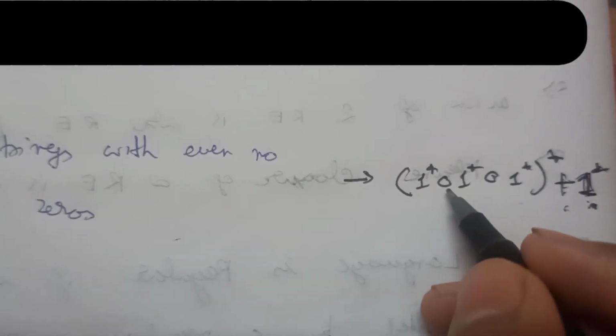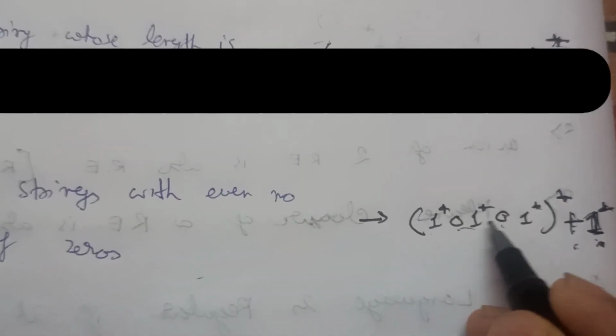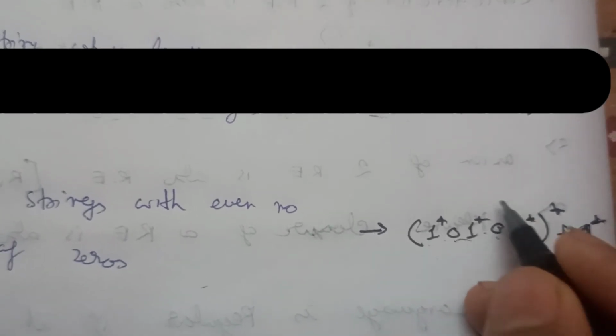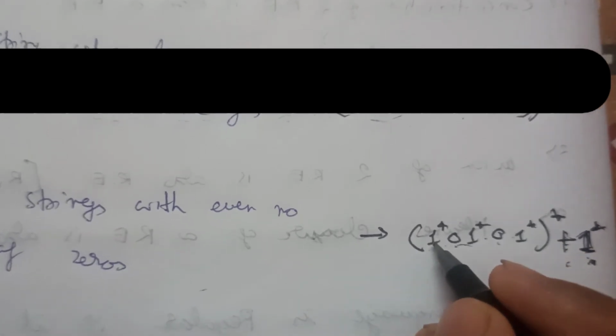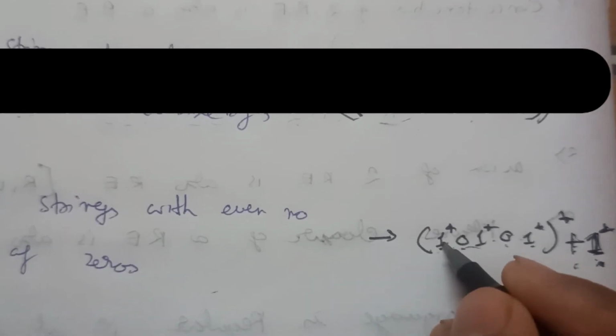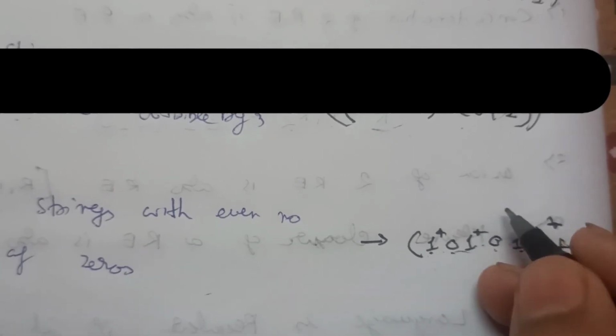So we are making the 2 zeros. We are always taking 2 zeros, and the zeros can be in between ones, before any ones, or after any ones. So I will just write 1 star 0, 1 star 0, and again a 1 star. If the first 1 star is not there, then there are no ones before the 0. If the last 1 star is not there, then there are no ones after the 0, and if the middle 1 star is not there, then these two zeros are consecutive. So there can be any possible condition here.